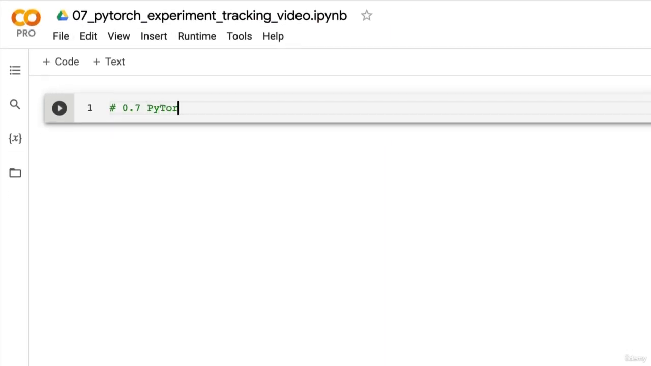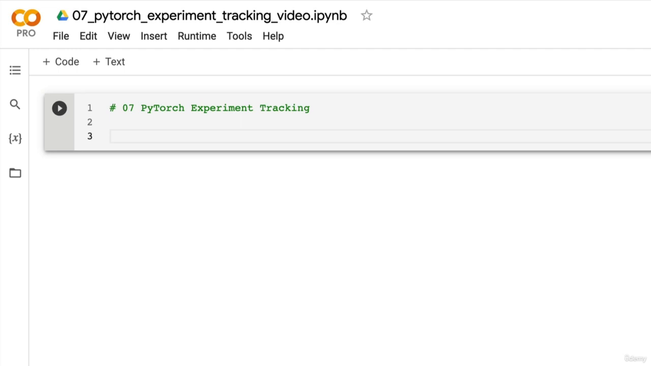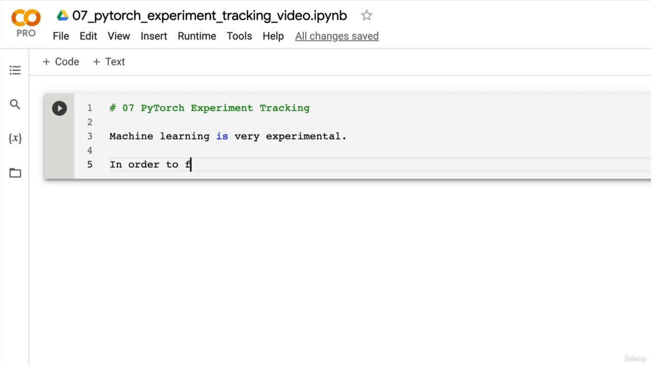And I'm going to give this a heading, 07 PyTorch Experiment Tracking. And I'm going to write a little note here just to introduce it. Machine learning is very experimental. We've seen this so far. We've run a bunch of different modeling experiments so far. And in order to figure out which experiments are worth pursuing,